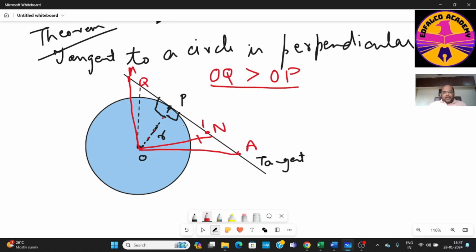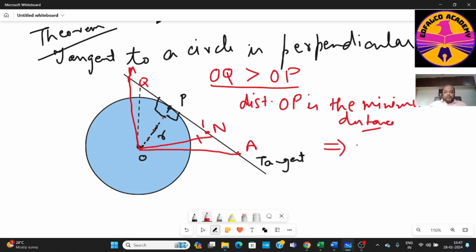This signifies that the distance OP is the minimum distance. That means P is at the least distance